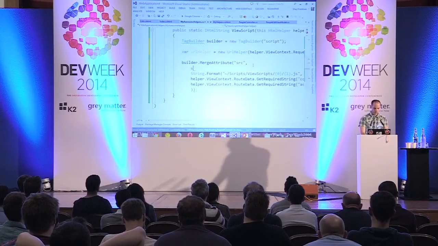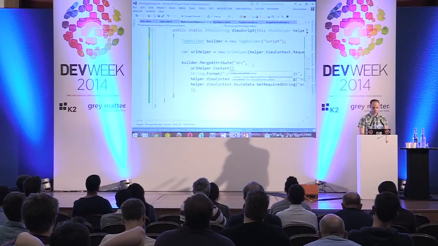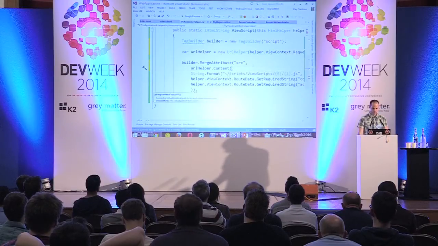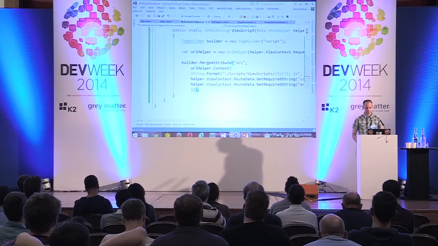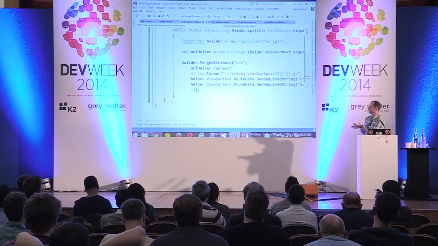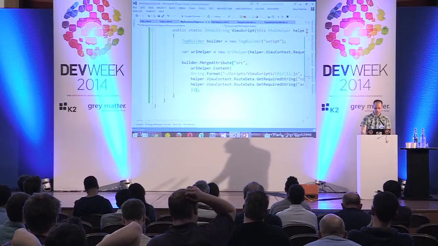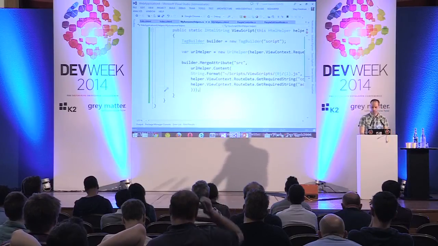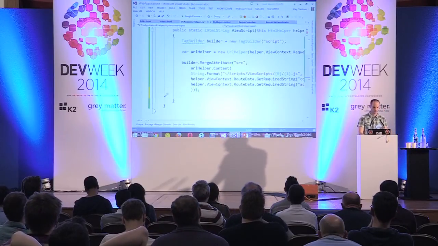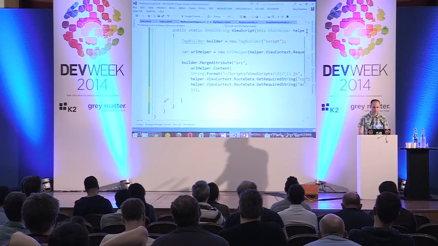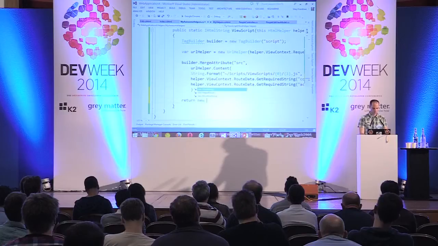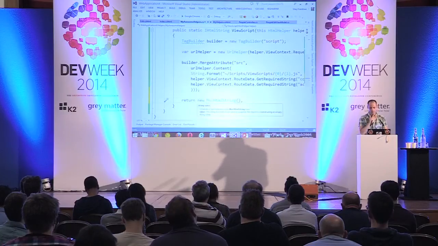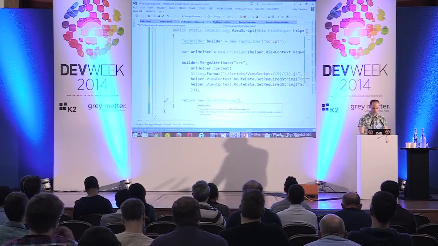So I can do urlHelper.Content, give it the entire string here, and I'm pretty much done. This is the same as in the view, but I'm doing it in C#. And now all I need to do is return a new MvcHtmlString, which contains